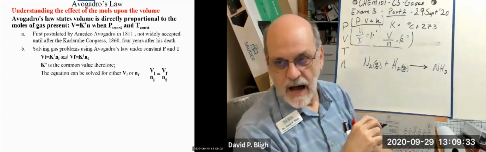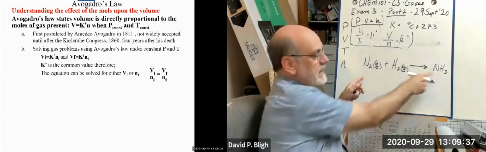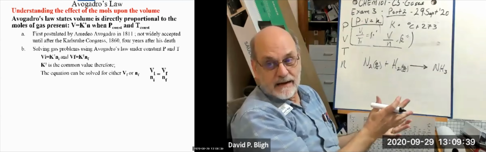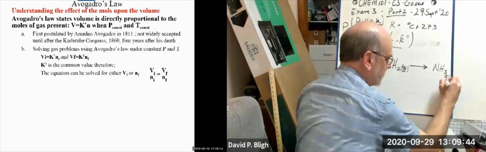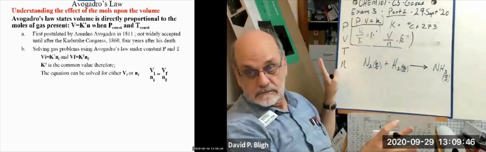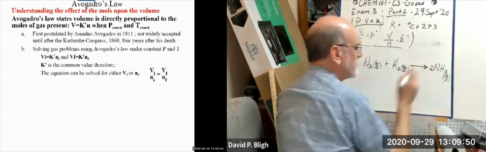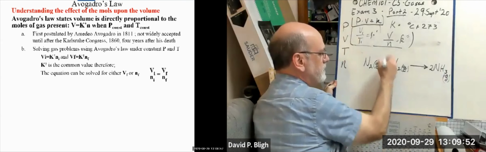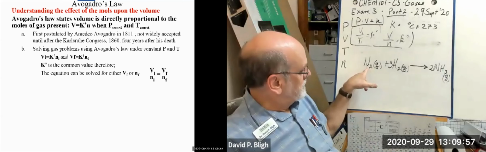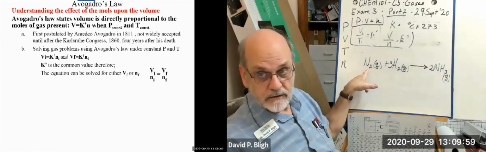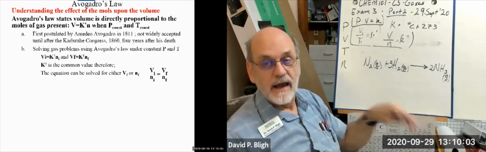The Haber-Bosch process, converting atmospheric nitrogen into ammonia. We call it fixing. Nitrogen then was fixed. This is all gas, right? So if we balance the equation, we need 2 of those and we need 3 of these. All right, notice that if you put a mole of this and